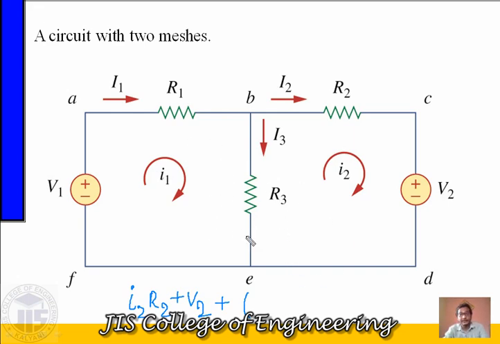Then again they are in opposite directions, but you have to consider the main current direction. The main mesh current is I2, and its direction is down to up, and I1 is up to down. So over here you have to consider I2, the main mesh current, minus the sub mesh current, I2 minus I1. It's completed and no more elements are over there, so it equals 0. So we can write small I2 into R2 plus V2 plus I2 minus I1 into R3 equals 0.